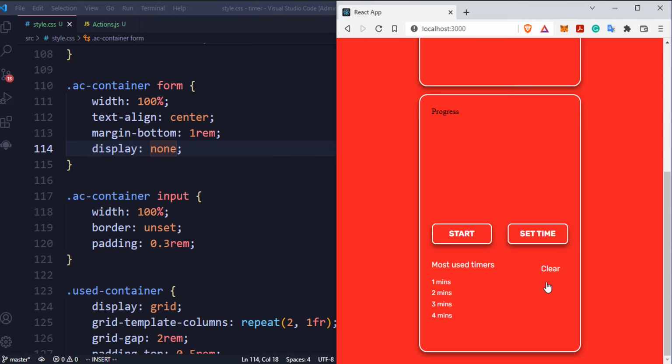So the next one now is to style the progress bar and make sure we have a very nice displayed